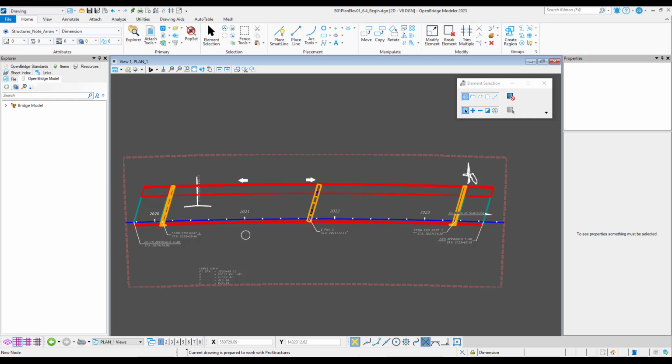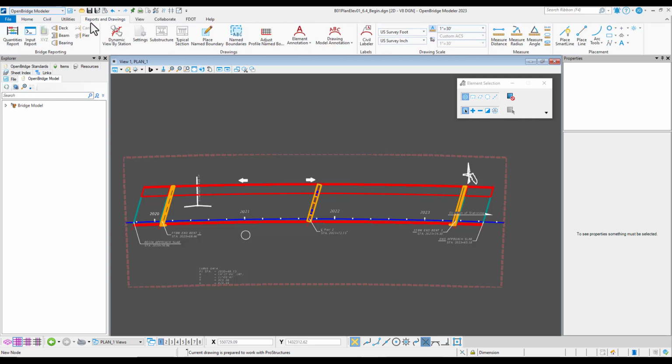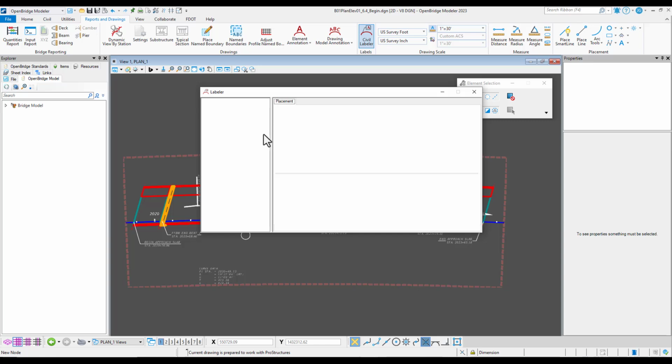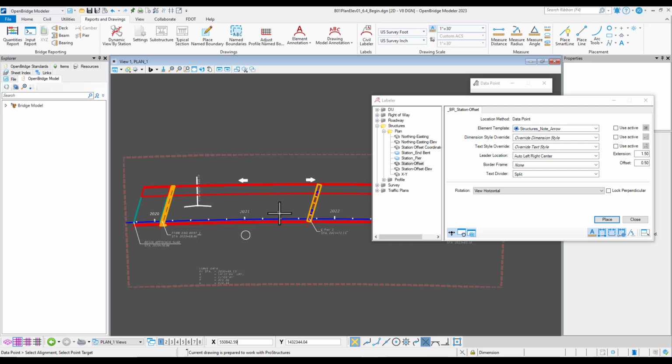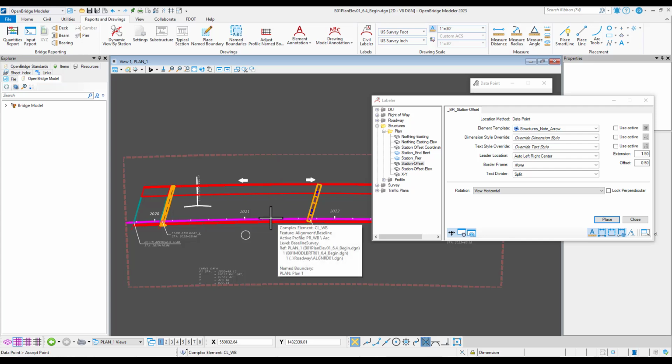Next, we're actually going to place our label. So we'll go back up to our OpenBridge Modeler workflow, navigate over to Reports and Drawings, and click on the Civil Labeler tool. Once that opens back up, open up the Structures folder, Plan folder, and then we'll open the Station Offset label. And then we can leave all of these inputs as is, and then click Place. I'll move the labeler window to the side, and then we're going to click on the alignment to select it, and then